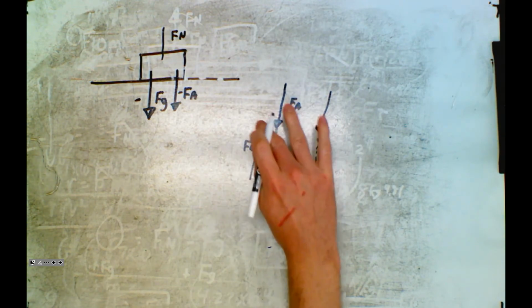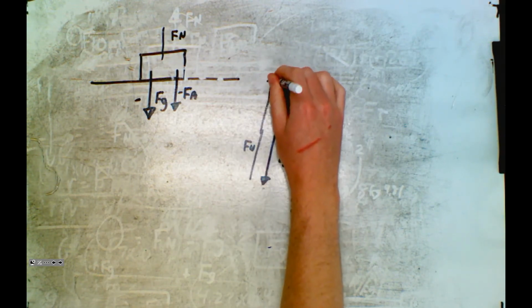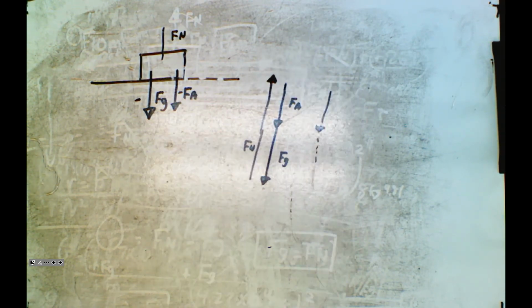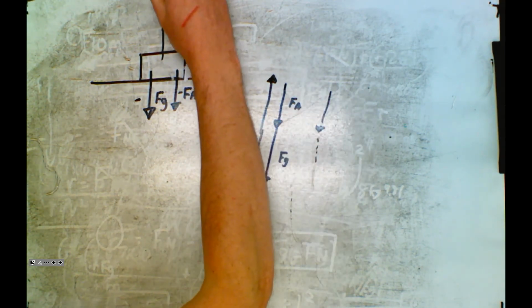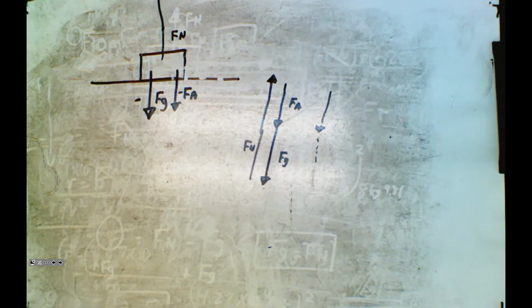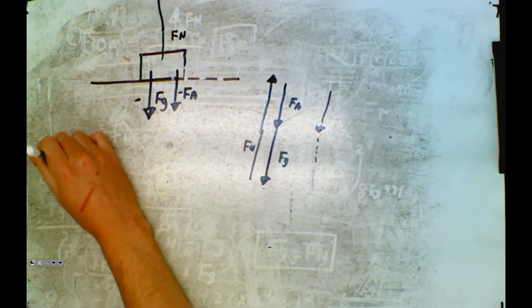So what that means is I need to make my force normal bigger than my force of gravity in this situation because it has to account for both of these. So I'm going to make it bigger. I'm going to make a really big force normal, and it goes off the screen there. That's how big it is. So when we write our FNet equation,